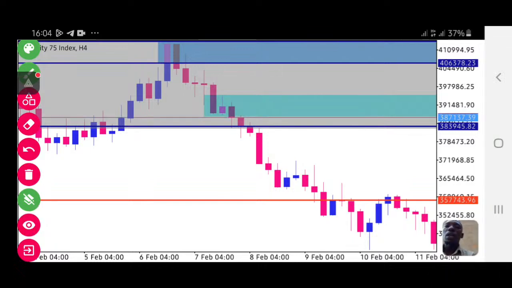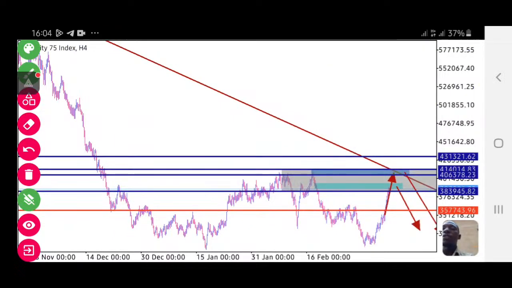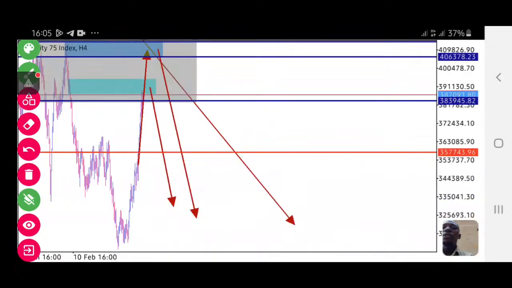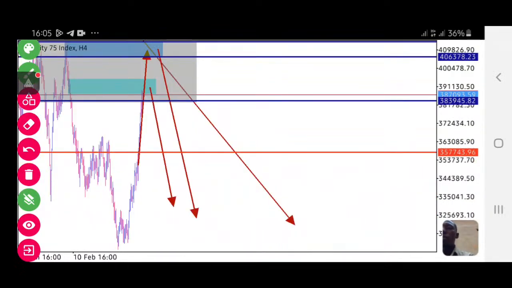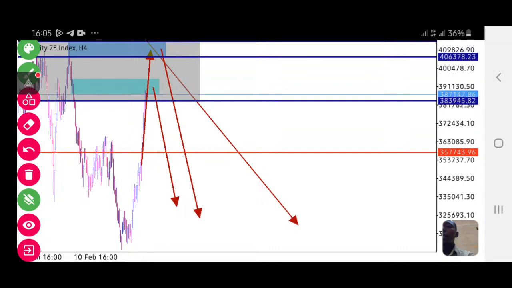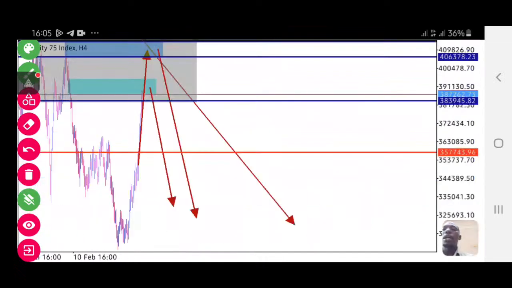So as well, on H4, we can see that it's still on the monthly zone, guys. It's still on the monthly zone. So we can see that the market is already on 3870.15, it's where it's playing from. That is a high zone, guys.